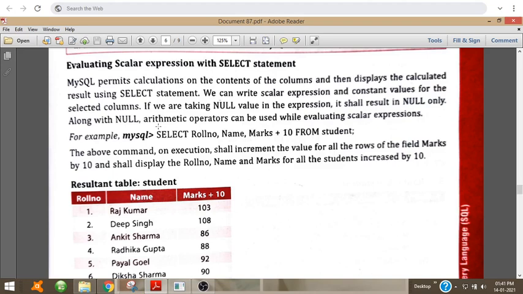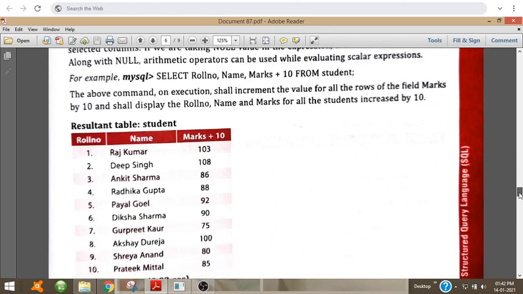Along with null, arithmetic operators can be used while evaluating scalar expressions. Consider this example: select roll number, name and marks plus 10 from the student.